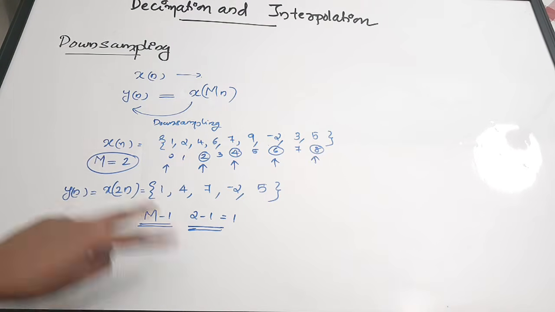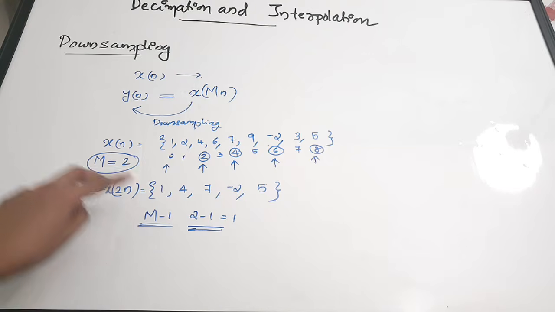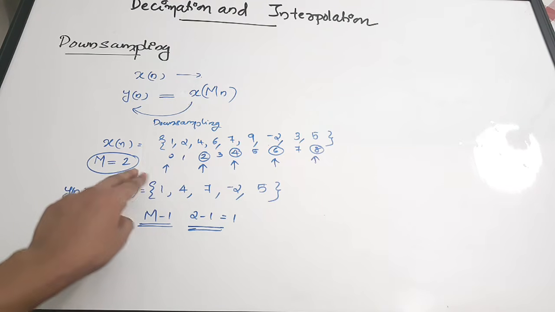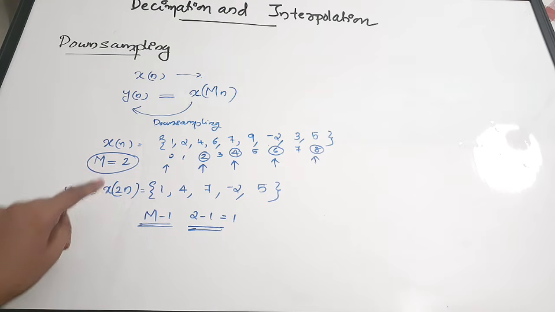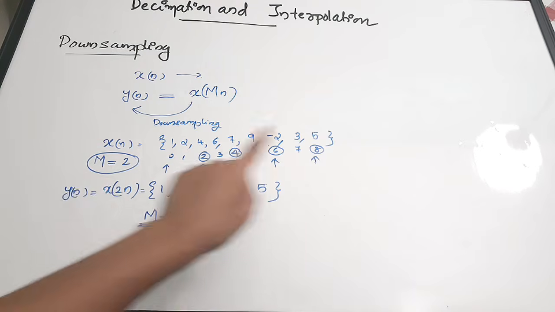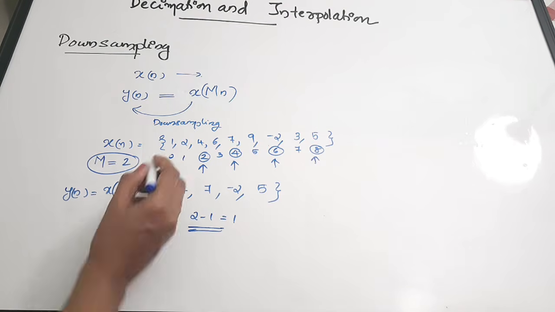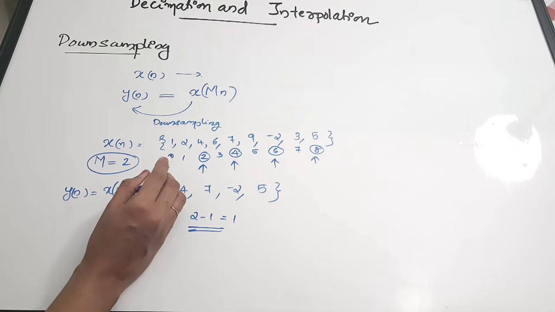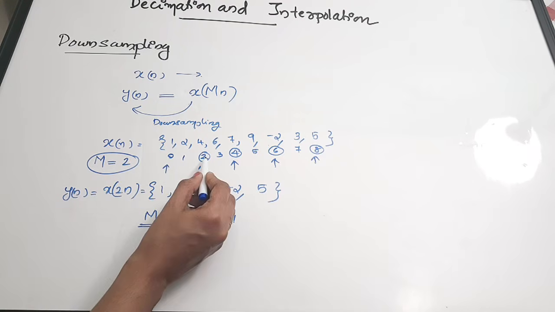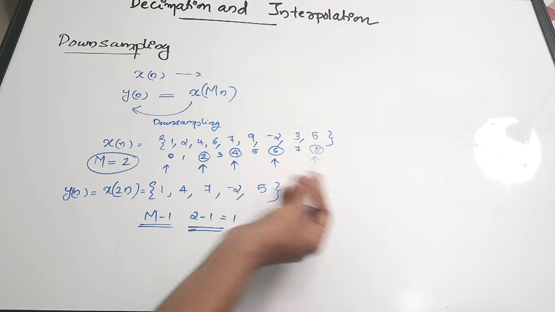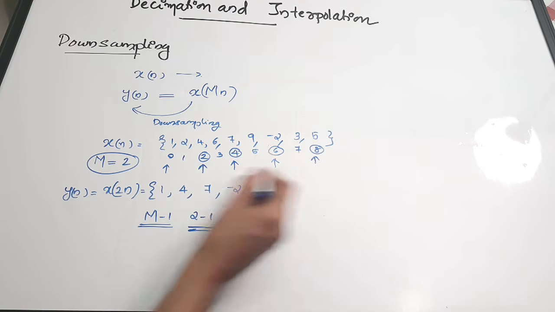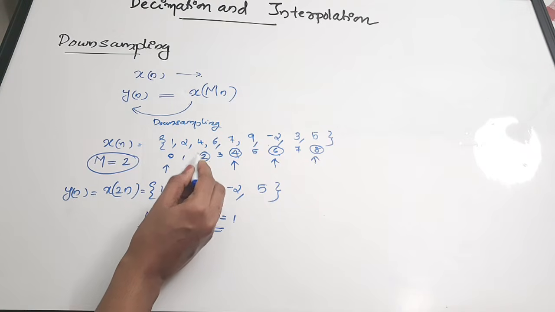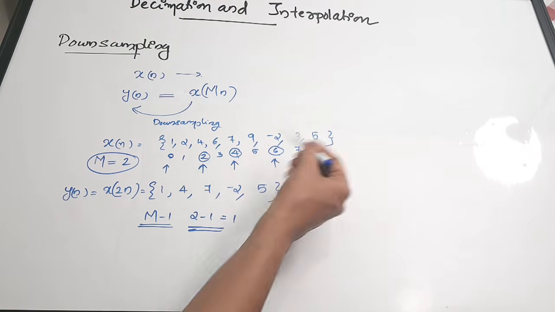You can think of it in either of two ways. One way is you are going to pick all multiples of m. Here m is 2, which means you are going to take all multiples of 2. First you will be taking the initial value, the 0th position value, which is 1. Then you are going to pick all the multiples of 2. Here these are the position values 2, 4, 6, 8. These are the multiples of 2, and the data corresponding to these position values you are going to take.